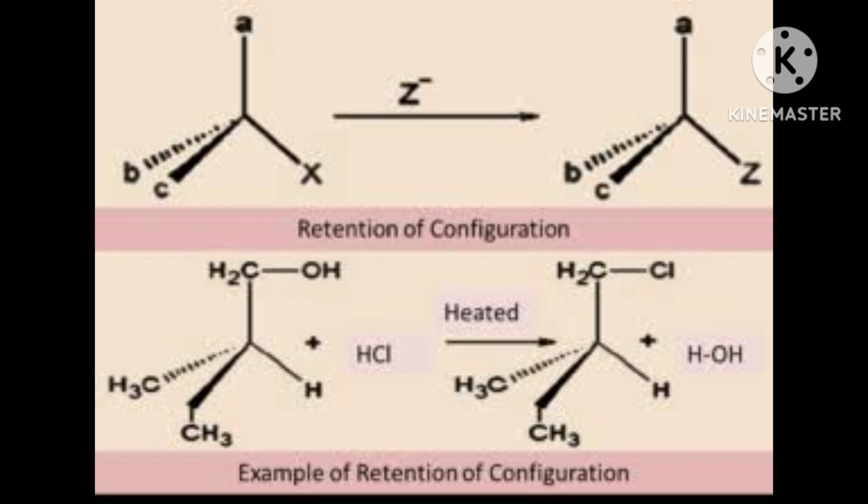But if the light is rotating by an equal angle on both sides, left side and right side, then it is called a racemic mixture. The process is called racemization. Now here minus means levo. I am telling you this example for retention.